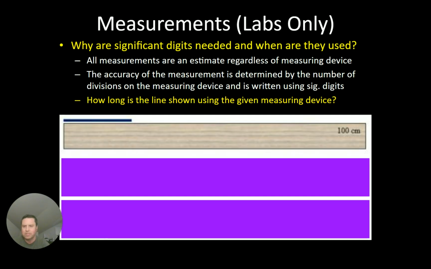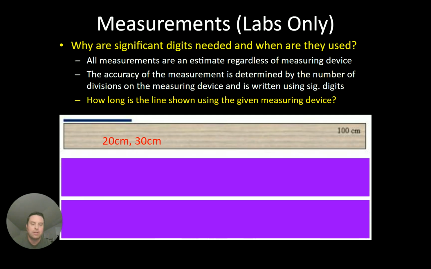40's probably too far. 10's way back here, so it's probably not 10. It's 20, 30. I don't know. It doesn't have any markings, so I can't say 21, 22. I can't say 33. Like it's around 20 or 30. So that's my answer. If I gave you that meter stick, you might say 20, and the person beside you